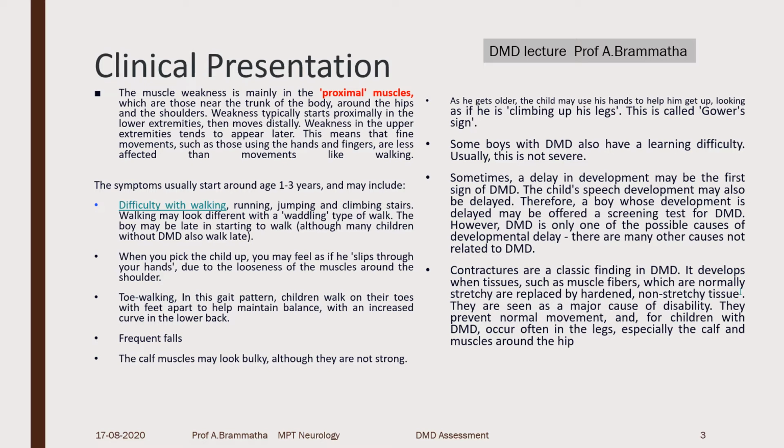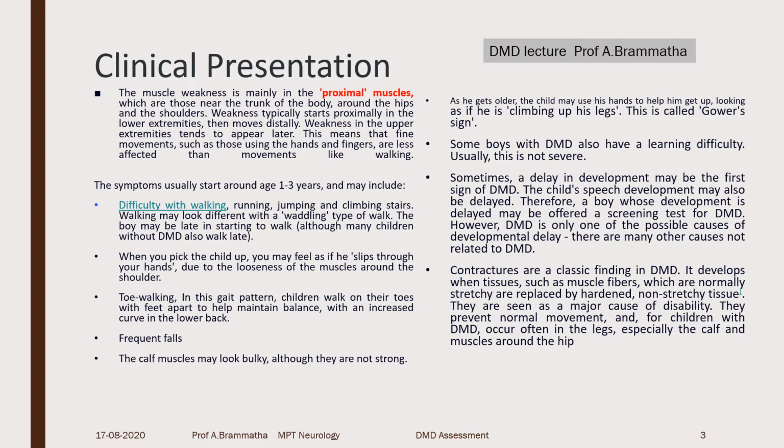Along with that, in the later stages the distal muscles, finger muscles will be involved, and neck flexors and extensors atrophy. So you can see a progression over a period of time. Slowly the involved muscles will be replaced by fat, and most commonly you can see pseudohypertrophy in the calf muscles. That's the fat infiltration. Extensor digitorum brevis, quadriceps, infraspinatus, deltoid, and gluteus all will have marked infiltration with fat and fibrous tissue, and later it disappears as the disease advances. So there will be complete atrophy.